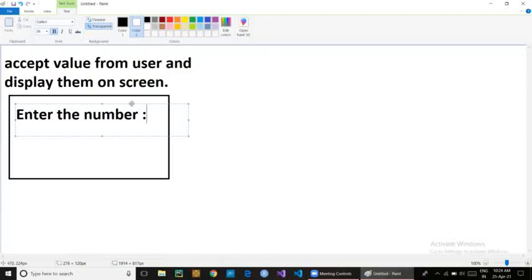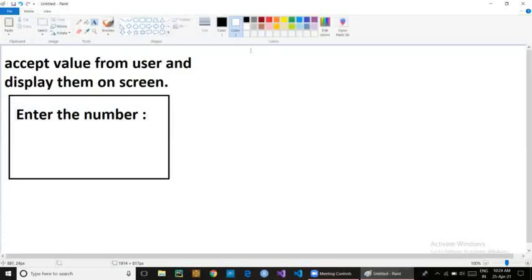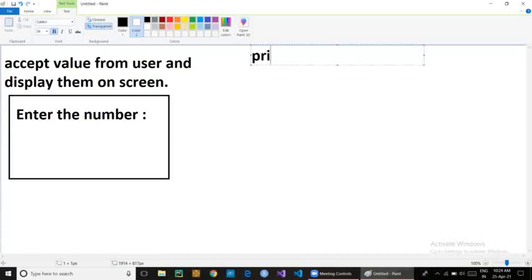First, for displaying the statement, there is a function named printf. printf is a function which we are going to use for displaying text or any sentence on your laptop screen. So how should it be used, what is the syntax of printf? The printf syntax is simply the word printf, opening bracket, closing bracket, and it should end with a semicolon, and between the opening and closing bracket there are two double quotes.